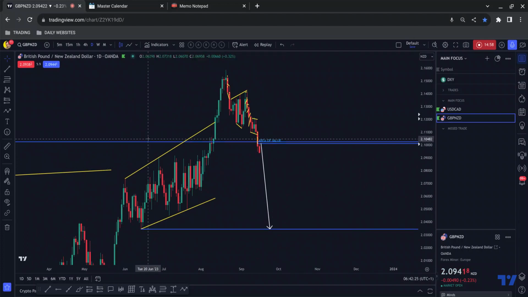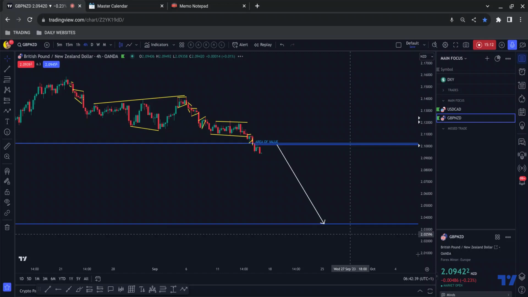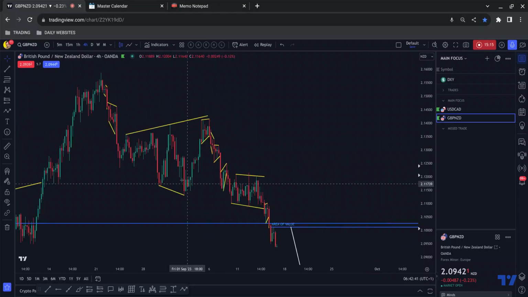So the next thing I ask myself is, am I well positioned? I am very well positioned for a move down to here to take out this low here, this 90% rule, the start of this piece of structure. So the next thing I ask myself is, is the sequence good? Let's have a look at the sequence.